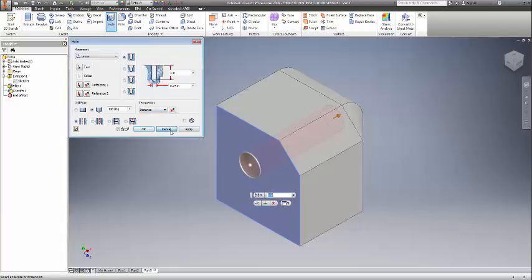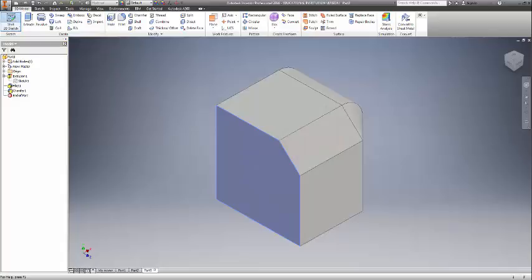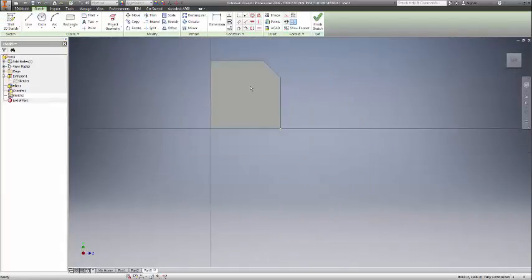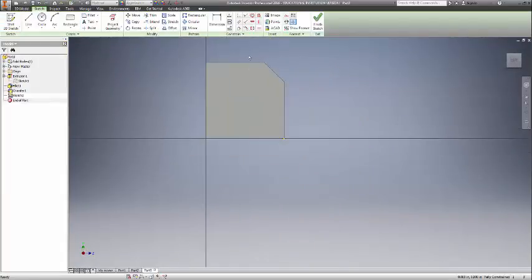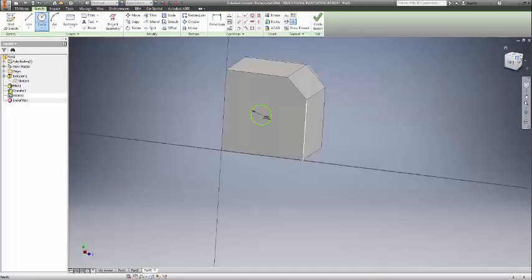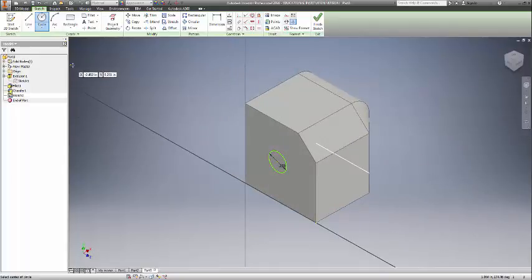What I like to start my students off with is if you want to do a hole, just do a sketch. Okay, the hole command is great, and you can play with that a little bit later, but just do a sketch with a circle. Okay, so we're just going to put a 0.25-inch hole right there, and what I do is I'm just going to turn this over to the side,